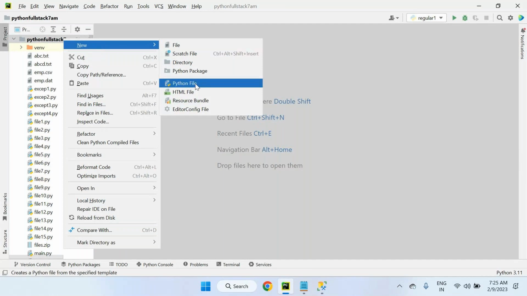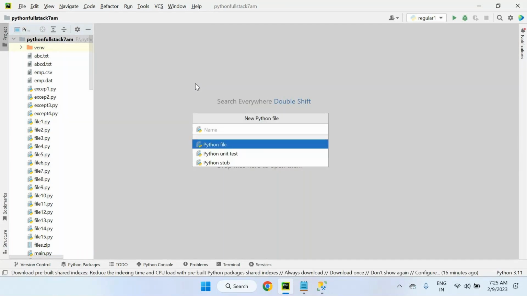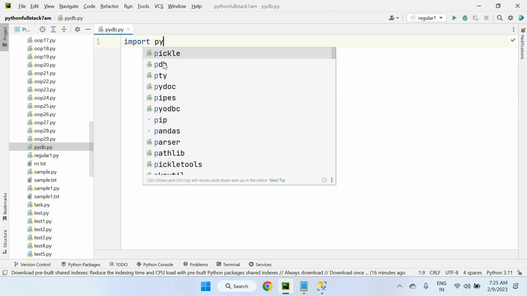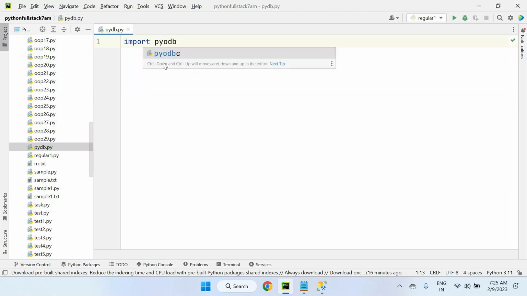Okay, let's create a Python file. pydb.py, I'm giving it as the Python database connectivity program. But look at this, especially to work with Microsoft SQL Server connectivity using Python, I strongly recommend importing one library that is called PyODBC. That means Python Open Database Connectivity. It's an API that can communicate from a Python program to